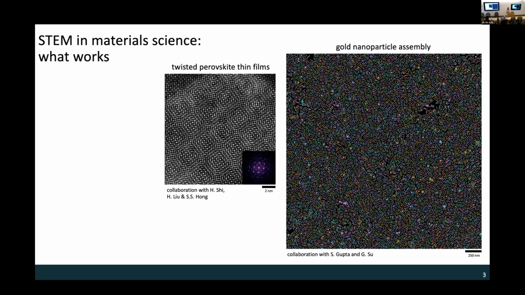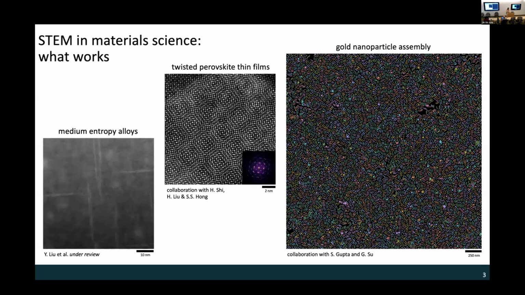Another example of when STEM works very well, these are collaborators at UC Davis who grow these thin films of metal oxides. You may have heard about graphene and magic twist angles and interesting properties that emerge. Instead of these conventional 2D materials, we're looking at these metal oxides. STEM gives us a way to directly probe the twist angle in these materials. You can see we're transitioning from a single layer to a double layer region. And these dots here again are columns of atoms. So we're getting at very high resolution an understanding of structural changes when these metal oxides get stacked on top